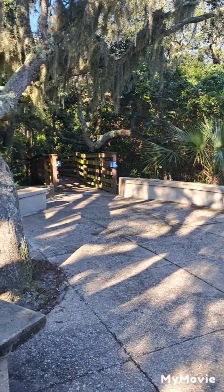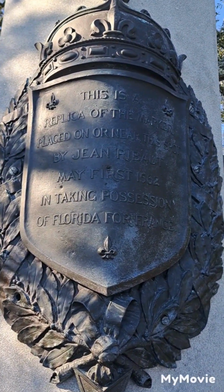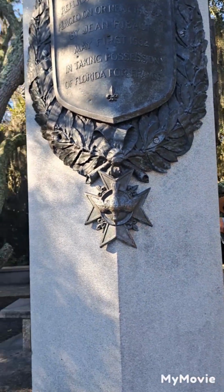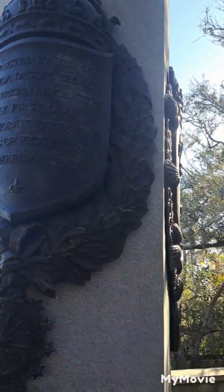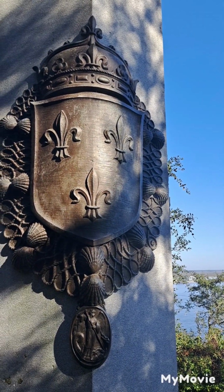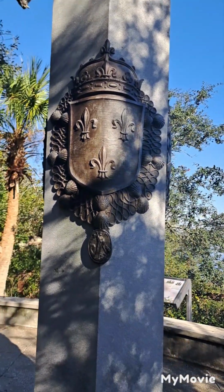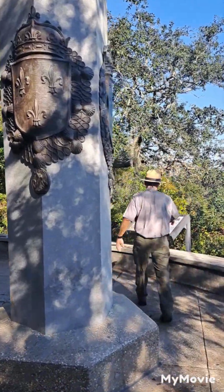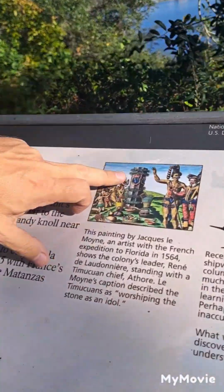So yeah, when the French arrived here in 1562, Jean Ribault brought these marble columns around. They were adorned with the fleur-de-lis, just like this one is here on this side. Crest of King Charles IX. And his plan was to put these things around wherever he went to claim this land for France and name it New France. We get this design from the Jacques Lemoyne drawing, which is over here. Jacques Lemoyne was an artist who came here in 1664, and he drew a picture of what that column was